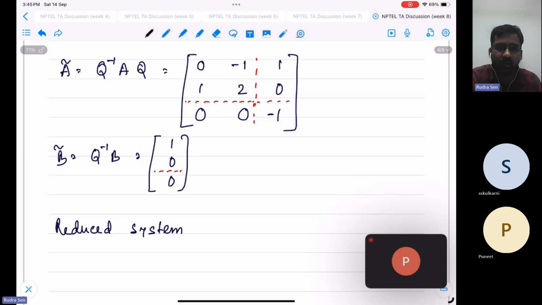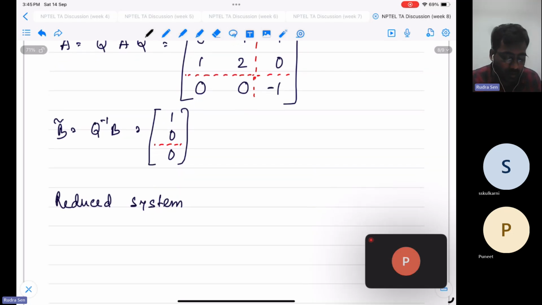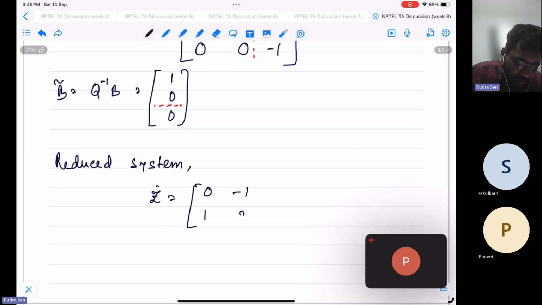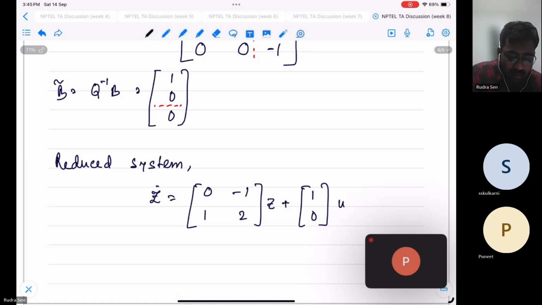I cannot control this one. And I do not worry about state x3 because it is stable, so eventually it will go to zero or to the desired point. So what is my reduced system? Let's say z dot equals 0 minus 1 1 2 z plus 1 0, let's say u